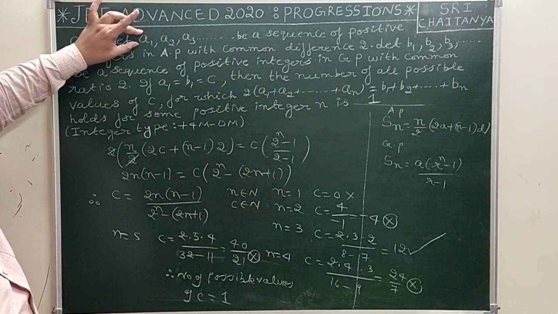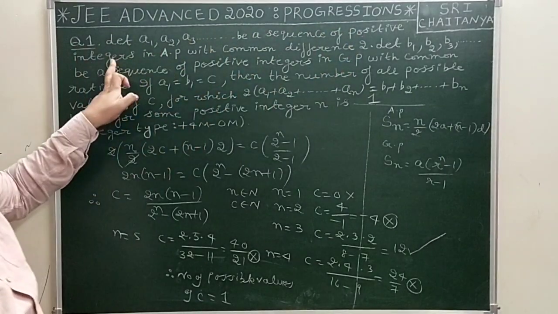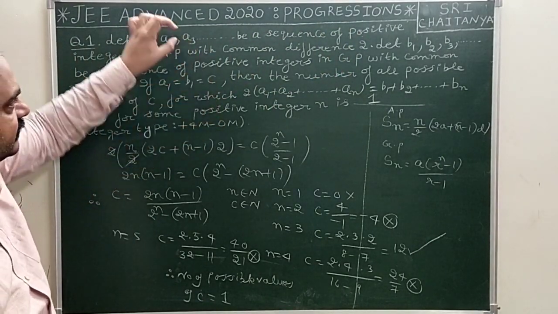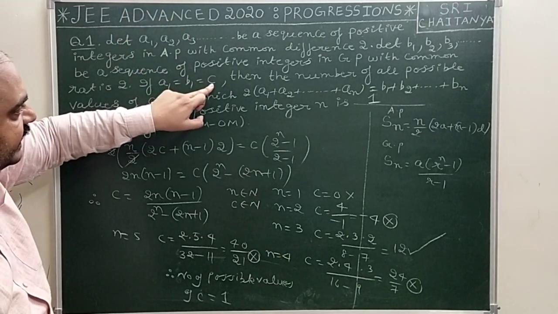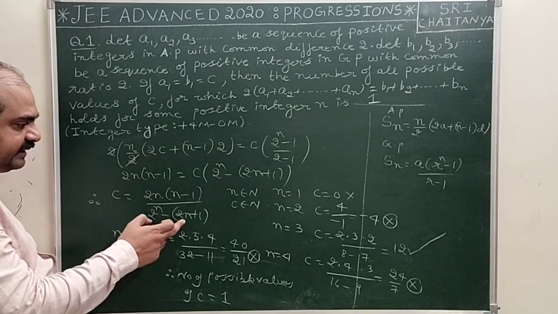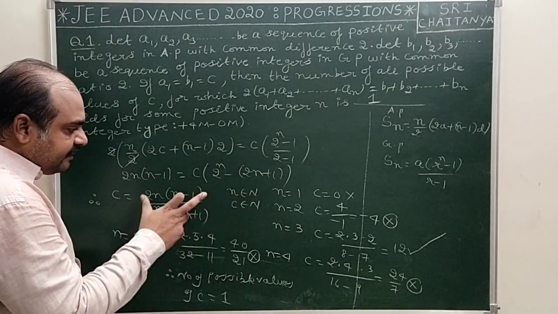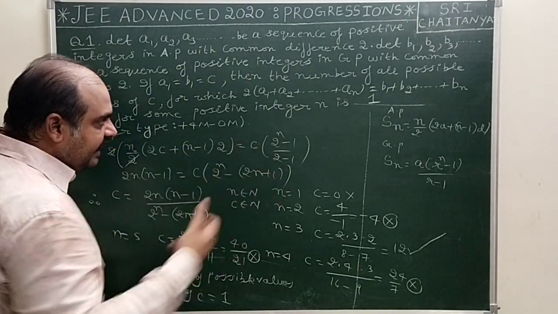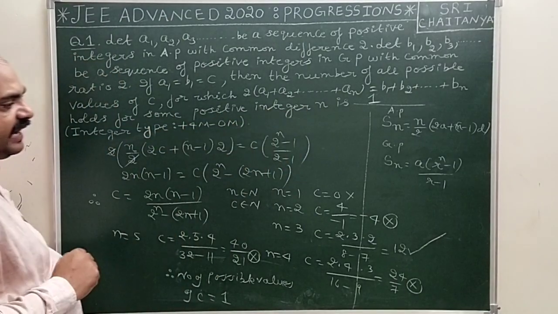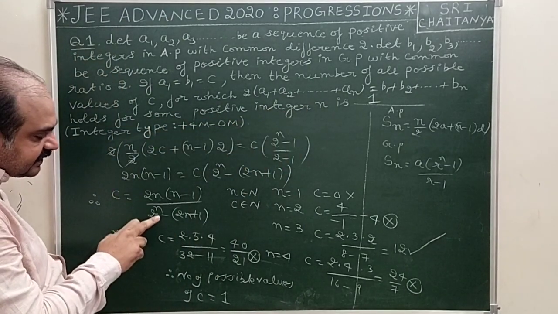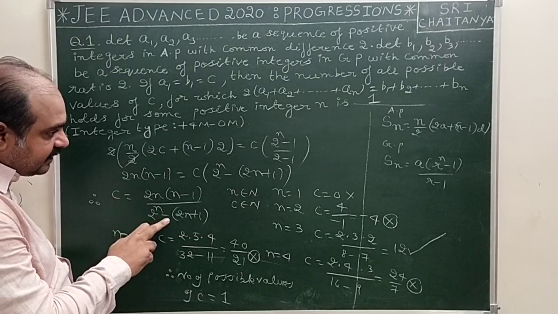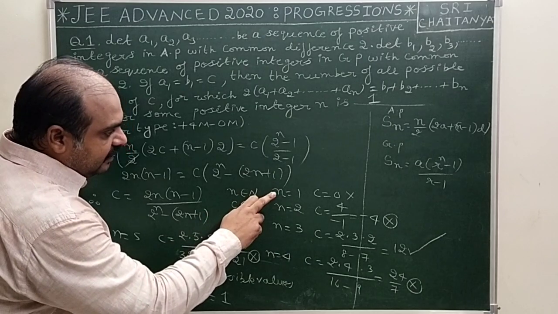So it is a sequence of positive integers, and the first term is what? C. Therefore, from the question you have to get the idea that C is a natural number. C is a natural number means n is a natural number. That means if you substitute a value of n, the statement he has given holds for some positive integer n. That means if n is substituted as a natural number, C must also be what? A natural number. Such a type of n you have to take.